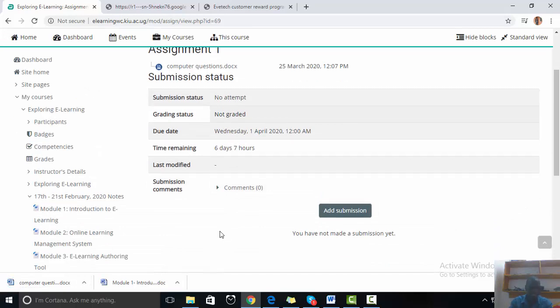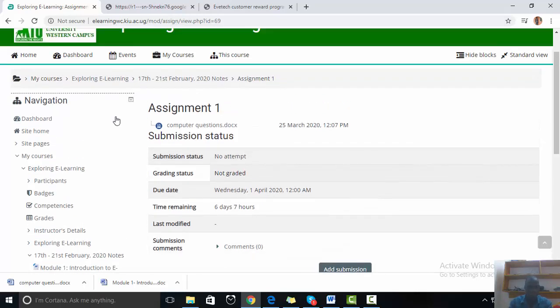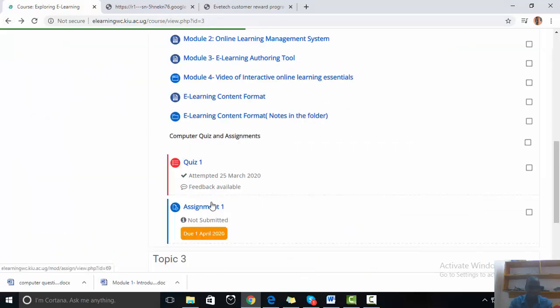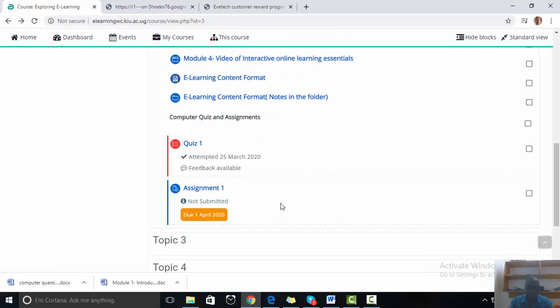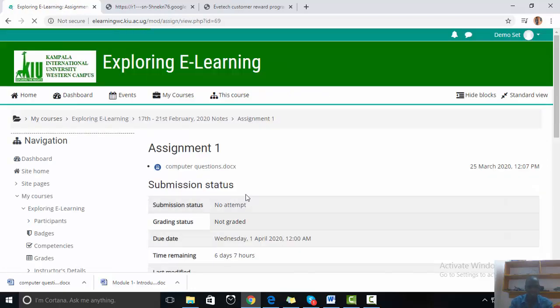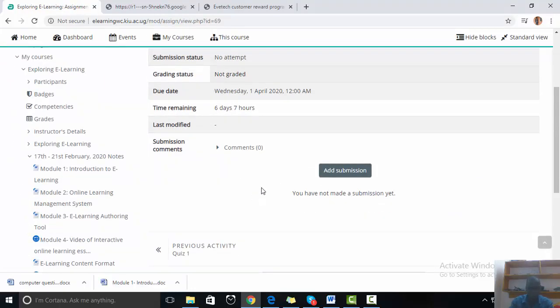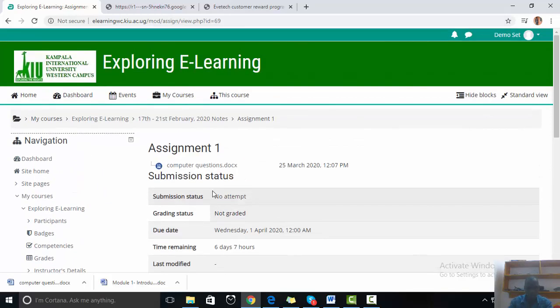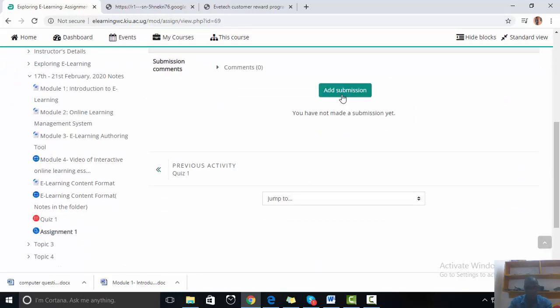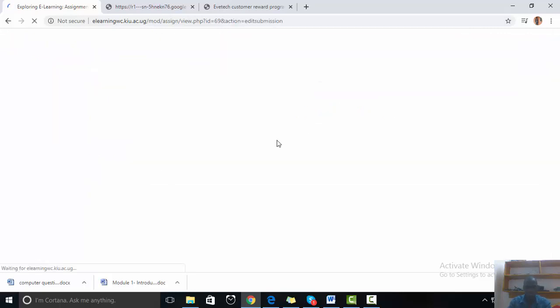After answering the assignments or coursework or whatever assignment it might be, then you log in again. You can download it, then log out, answer the questions. After answering the questions, then switch your data on and upload. So when you have switched your data on and after answering the questions, now you want to upload it, you come again here to assignments, click assignments. After clicking the assignments, you scroll down. It will bring this, but you scroll down up to add submission,